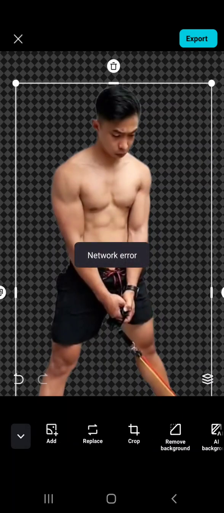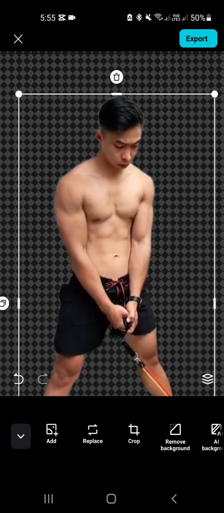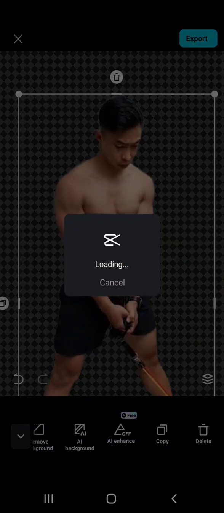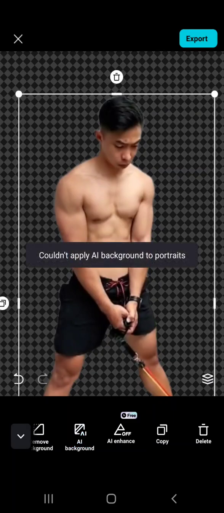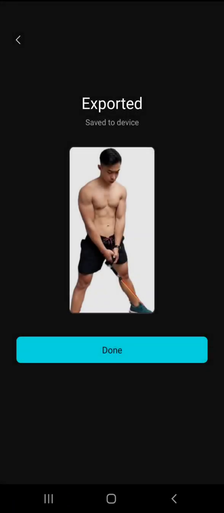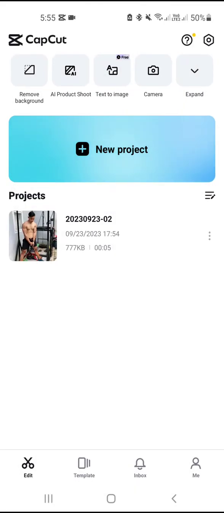If you add something, you can add here. So network error, not the problem. So I'm trying again. So nothing happened. AI background, AI background here. Okay, exporting done. If I go back here,